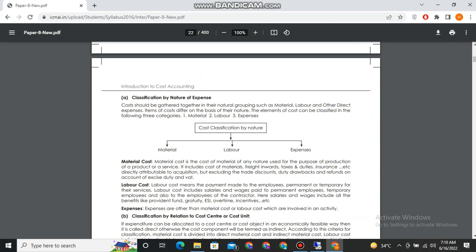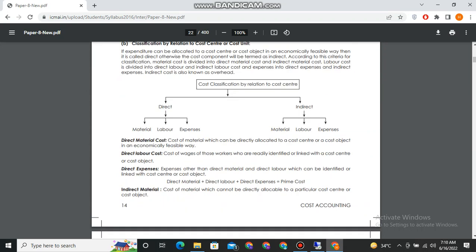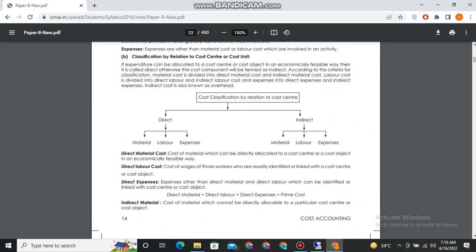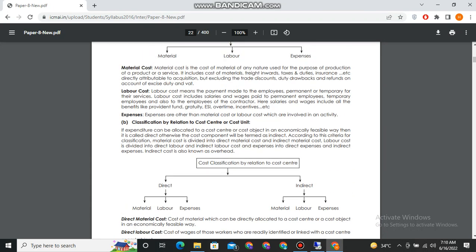Classification by the nature of expense. Material cost. Material cost is the cost of material of any nature used for the purpose of production of the product or the service. It includes cost of materials, freight, inward taxes, duties, insurance, etc. directly attributable to acquisition, but excluding the trade discount, duty drawbacks, and refunds on account of excise duty and